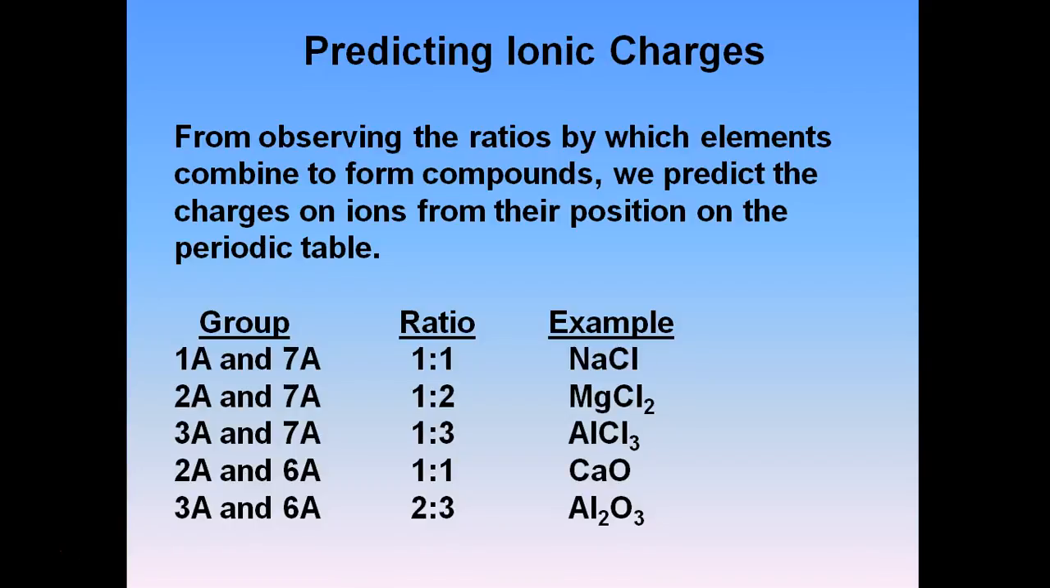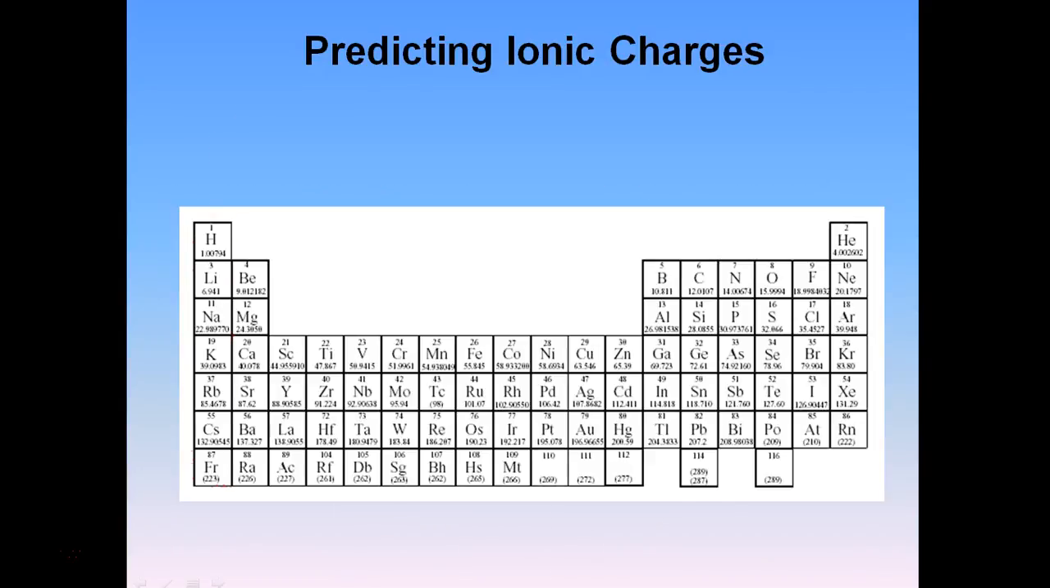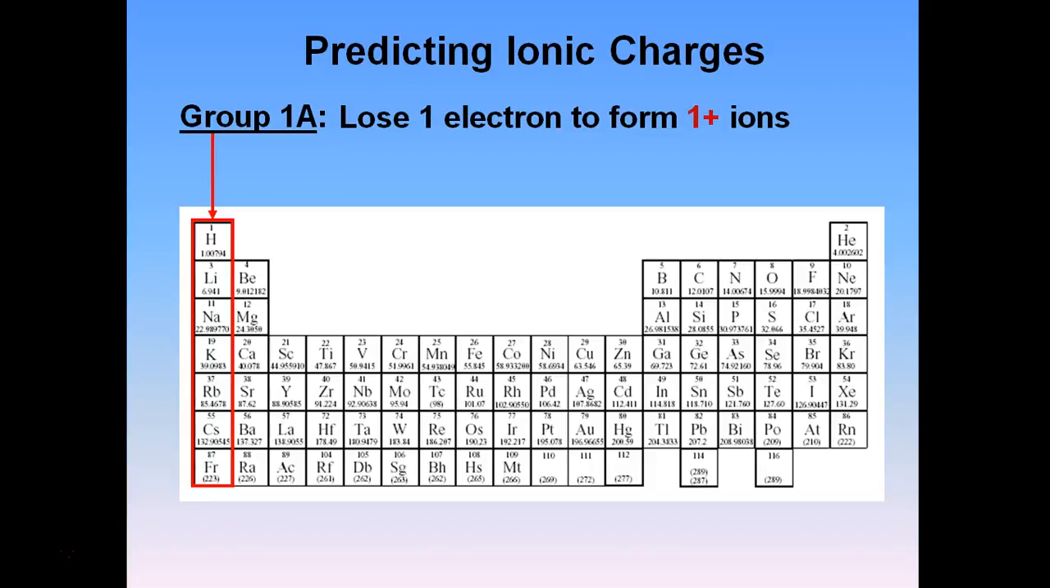So we're going to take a look at the periodic table then and see how that jives with the charges on the periodic table. So for group 1A, so that's our first group here, you can find that anything in that group is going to form a +1 ion. And here's a few examples of different